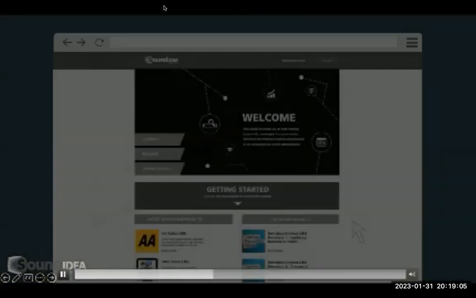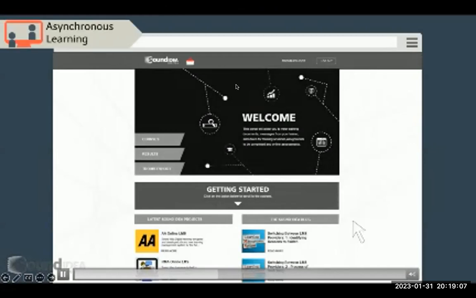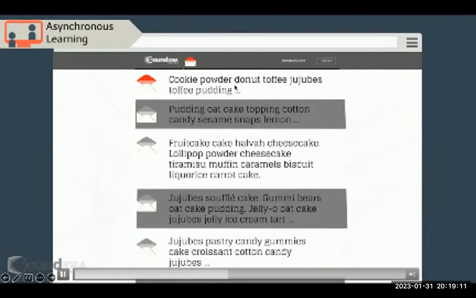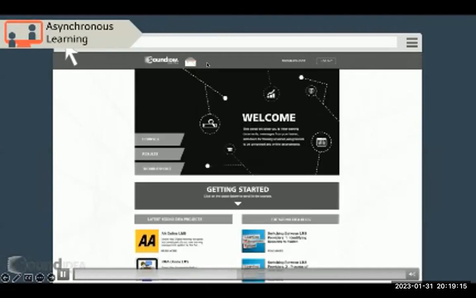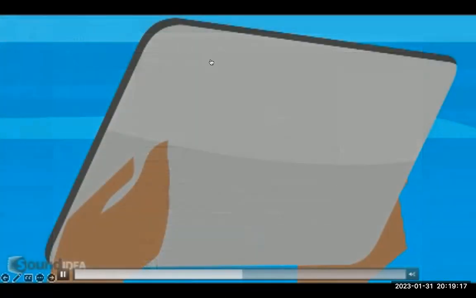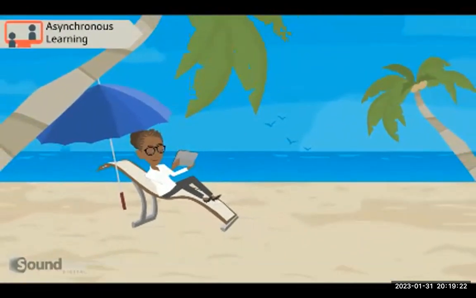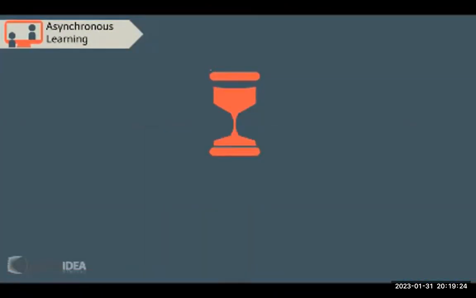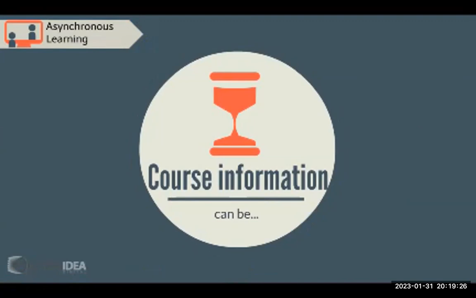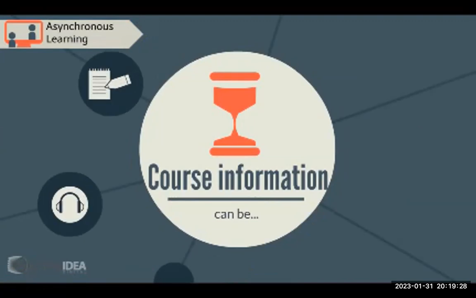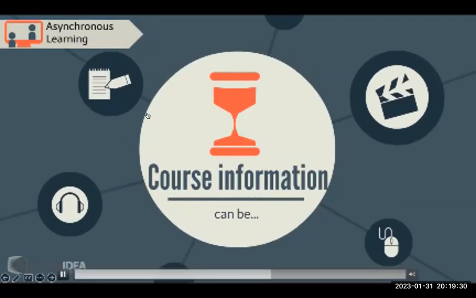With asynchronous learning, stay in touch with others in your course using email, threaded discussions, message boards, discussion groups, and forums, to name a few. Asynchronous learning is a self-study style of learning, and it can happen anywhere, anytime. Course information can be found in text formats, audio formats, video, even interactive self-paced software. These